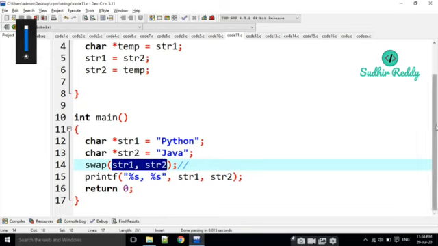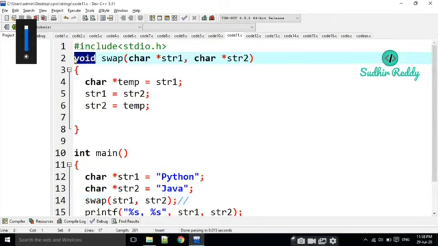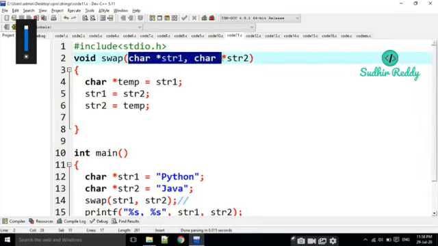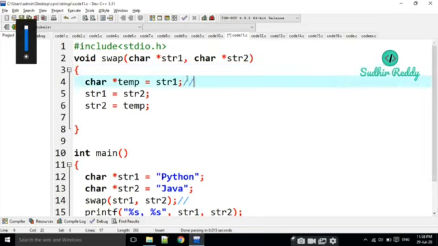Now moving into that function, it returns nothing, that means void, and the function name is swap, and we are passing two character pointers. That's why char *str1, char *str2. Now what happened here?